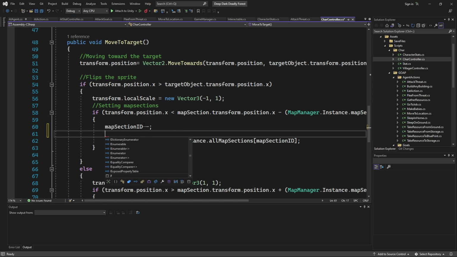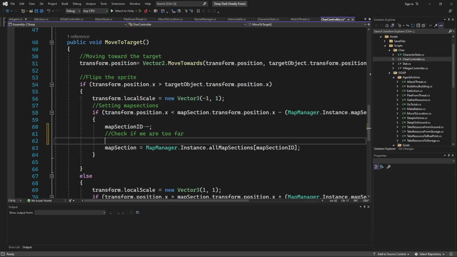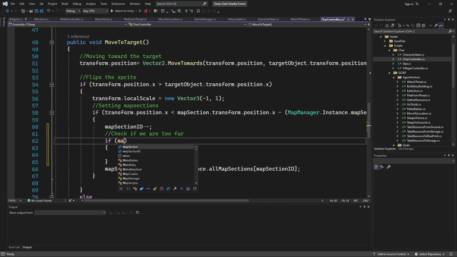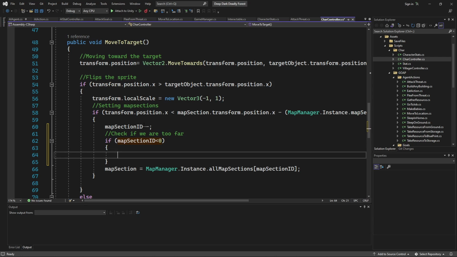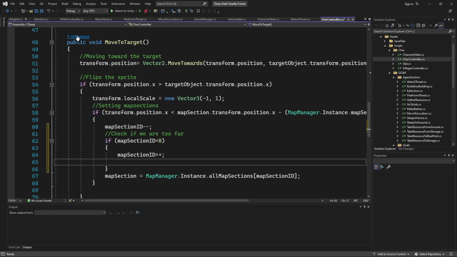Check if we are too far. So if map section ID is less than 0, then we're going to say map section ID plus plus. So put it back. And we're going to say that the transform position